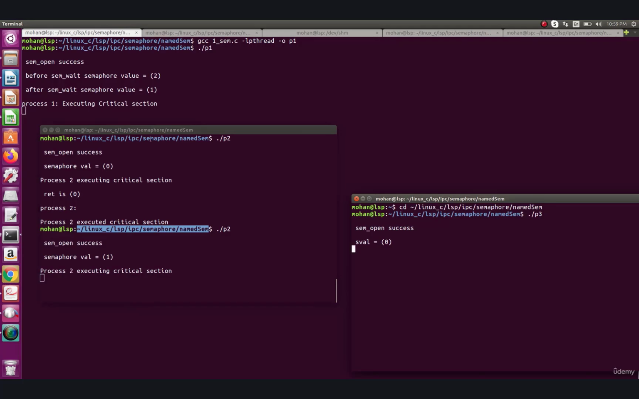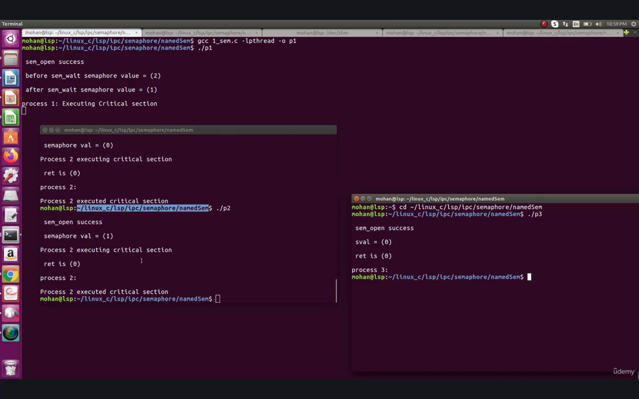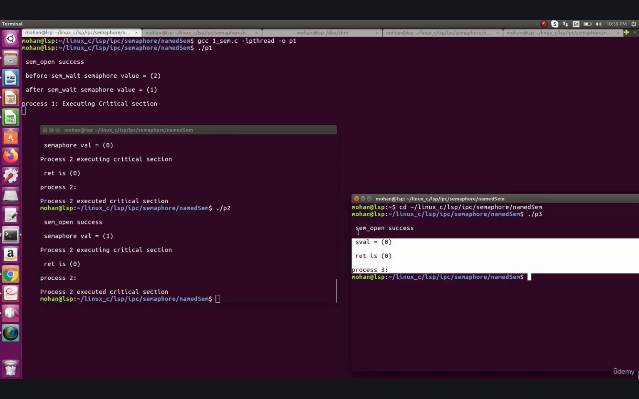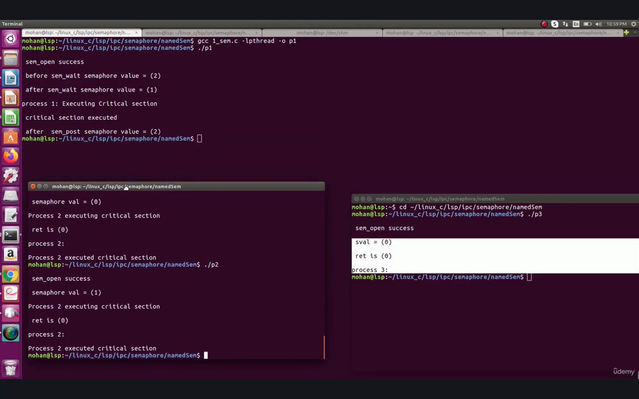So now if you see here, P1 and P2 have got the semaphore and are executing the critical section. So program 1 and program 2 are executing the critical section, and now P2 gave back the semaphore and process 3 is running. So process 3 and process 1 were running. This means that program 1 and program 2 were running,